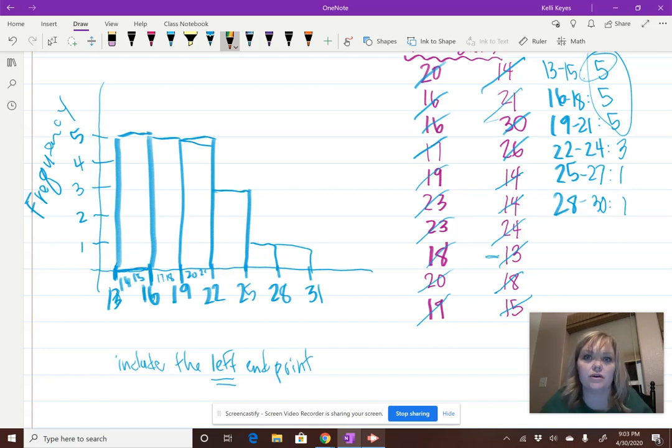Anyway, more stats lingo that we'll learn about next year, hopefully. But so you have to think, is it approximately normal? So when you do your histogram, if it approximately follows a normal curve,